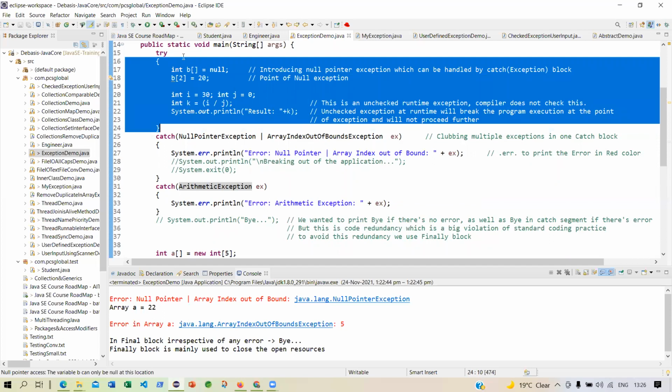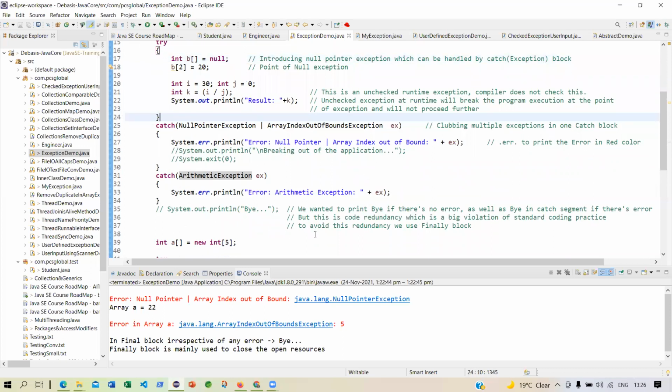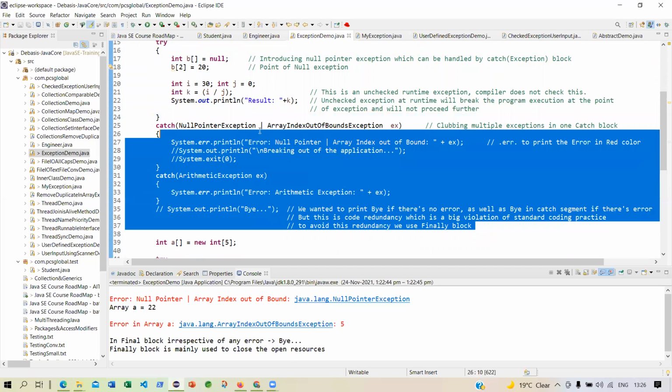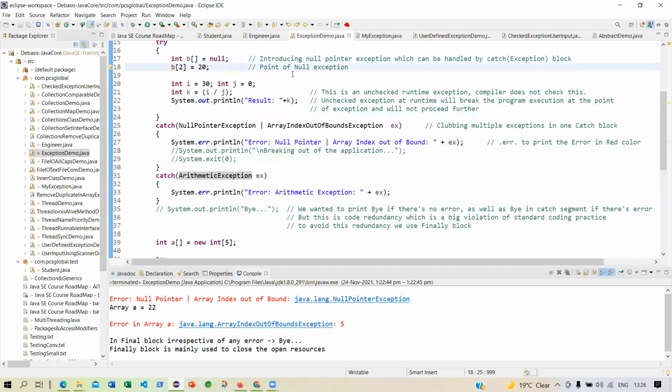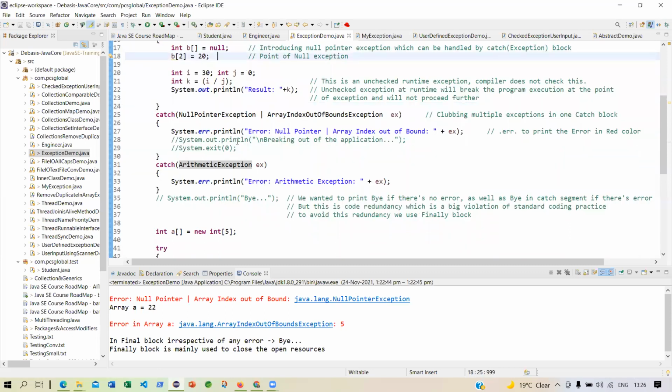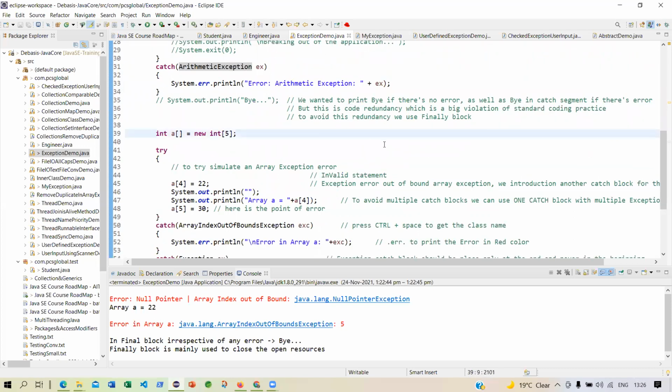So when the exception is encountered here and you are skipping this, you are basically skipping the entire block, because you have handled it. You cannot proceed after you have handled the exception. You should come out of the try and catch block. So now you are at this point.